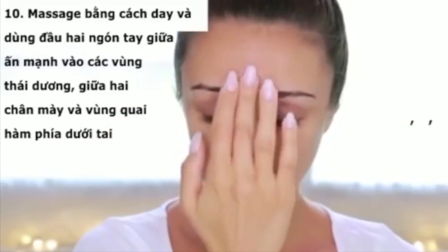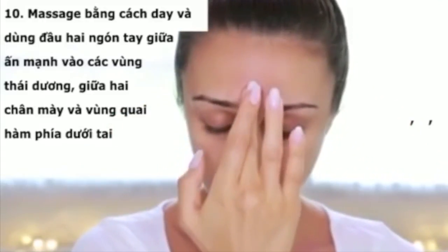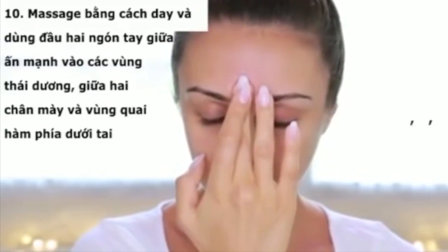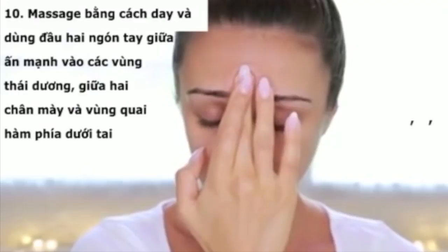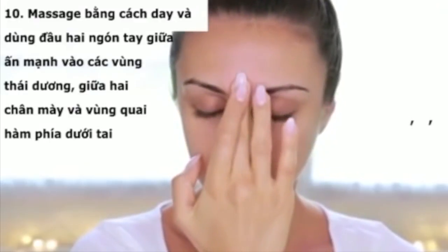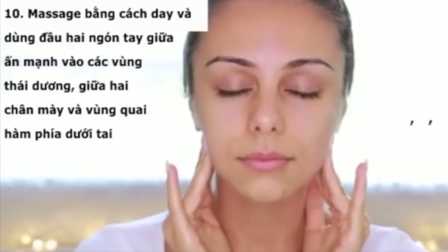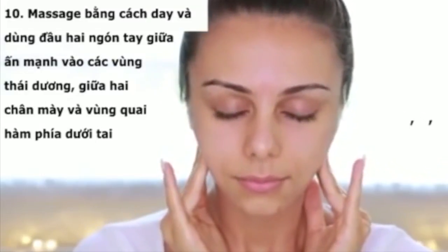And then using my middle finger, I'm also going to be pressing down between my brows, and this will just help to soften and reduce the tension there as well. So I'm really just leaning into my finger. And then I'm doing the same thing but to my jaw, so just putting 2 fingers there and really pressing down. And then just to finish off, I'm going to again just lightly tap my fingers all over my face